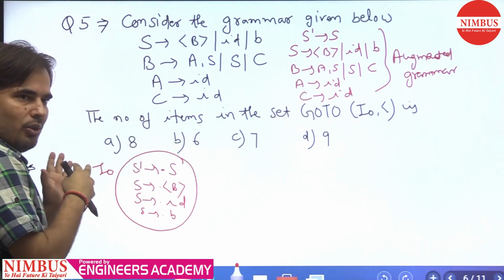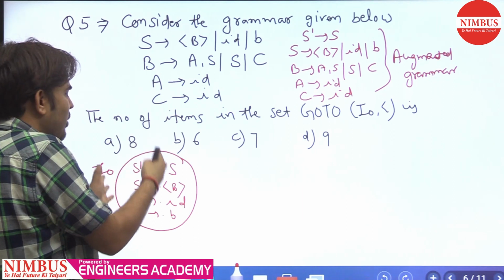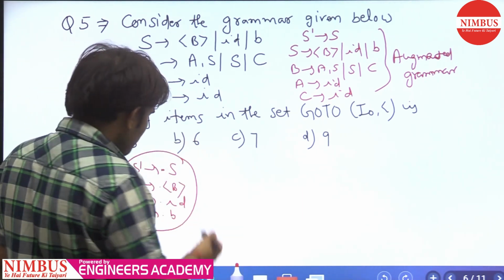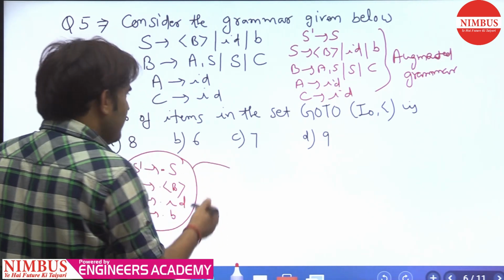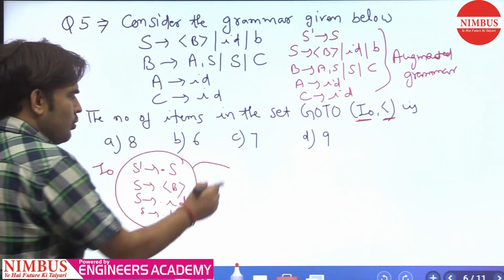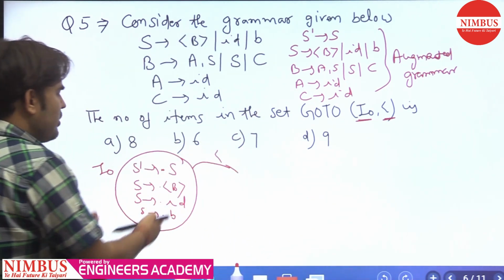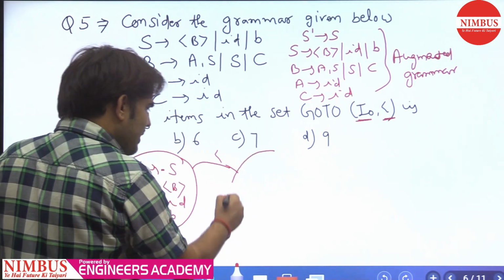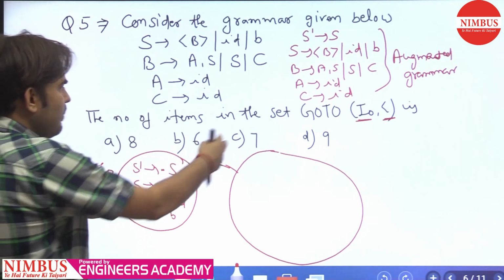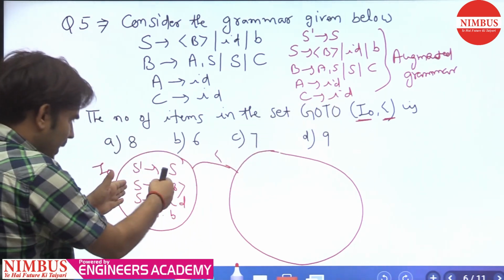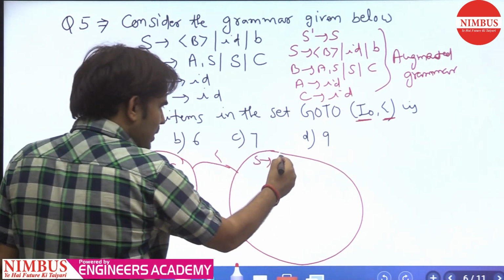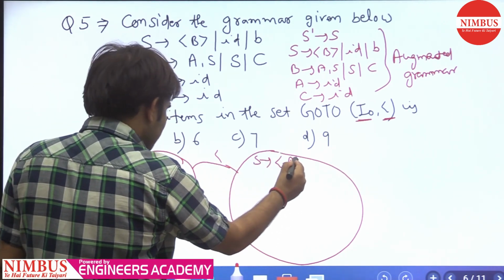So we are not going to put the productions starting from B, A and C in the I naught state. Okay, they can ask you a question like this also: in the I naught state how many items we have. Suppose they ask what you get when you give this less than sign on the I naught state. So S tends to, the dot will shift, dot B like this.